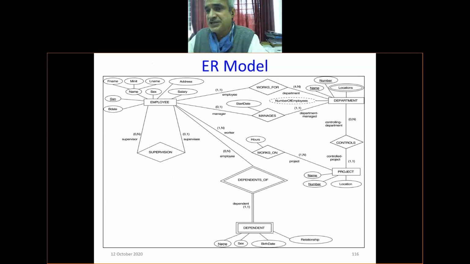But as far as software engineering is concerned, the perspective from which I'm looking at the system is: what all the data elements are, which we call entities, how they are related with other things, what the different attributes are, and how these things operate with each other. That is the perspective with which we look into this. So any questions at this stage? Otherwise we will move to the next one.